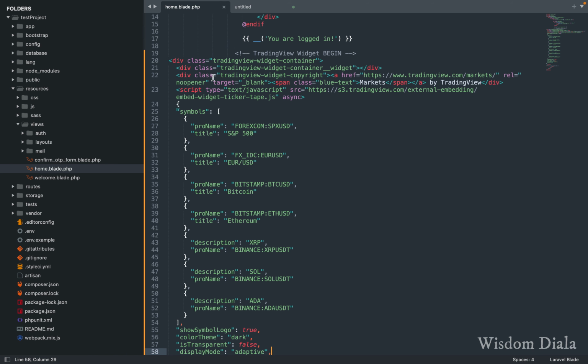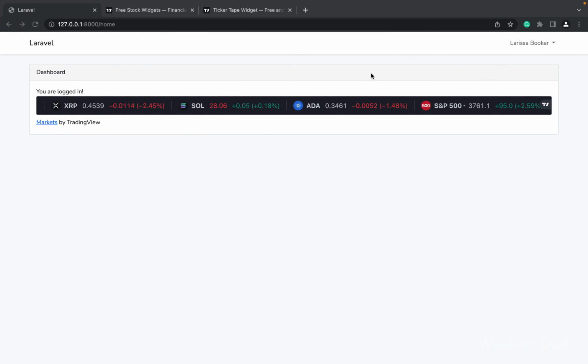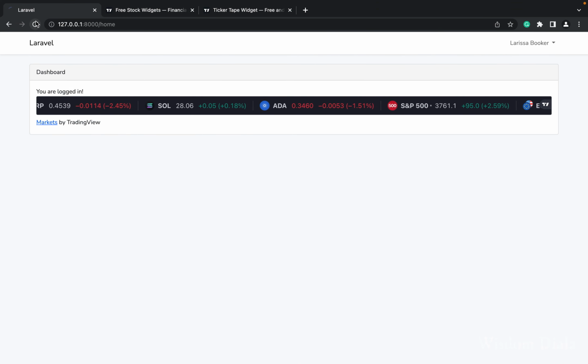Quickly, let's remove this. This is where the copyright starts from and this is where it ends. Let's delete it and save it, go back to the browser, refresh the page, and it's nowhere to be found. That's it. So lastly, let me also teach you how to put the live